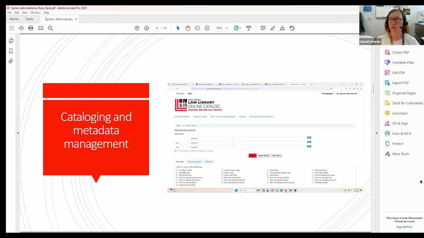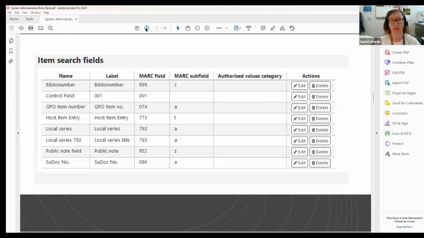It's important to note too that there have been a lot of cataloging enhancements over the last years since we have gone live with Koha through Bywater, and we don't use MarcEdit as much as we used to because the Koha system is doing a really good job of enhancements and keeping up with those things. But there are two that my cataloger wanted me to share with you that he thought were really important things that we've done recently. And the first one is he encourages libraries or system administrators to set up item search fields,